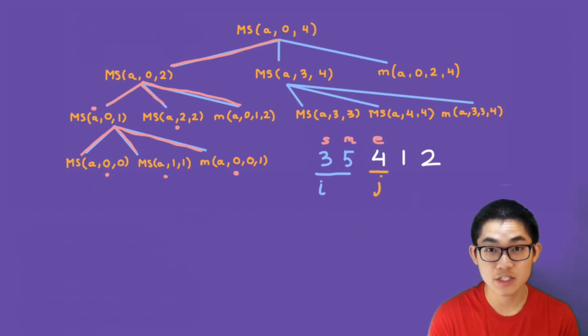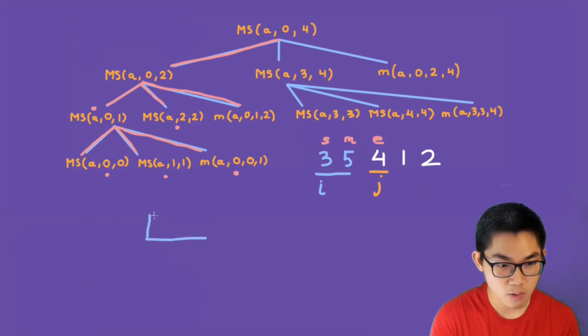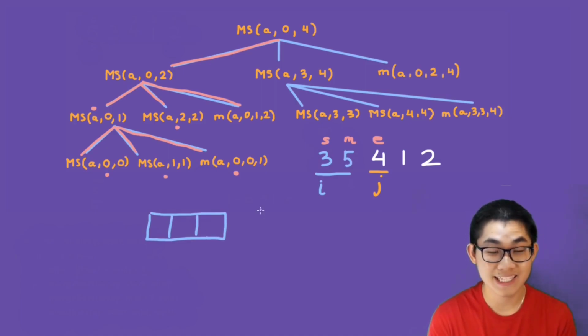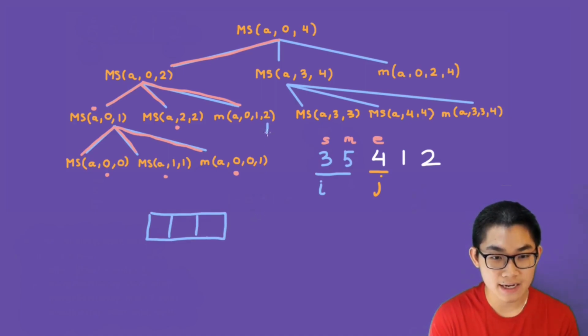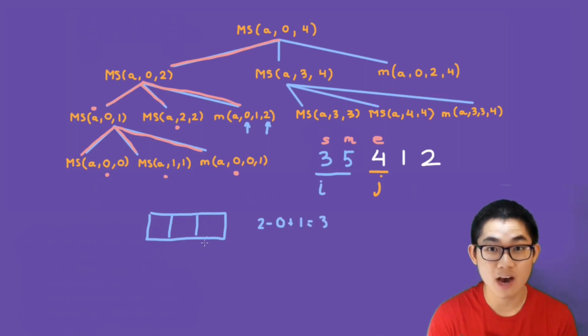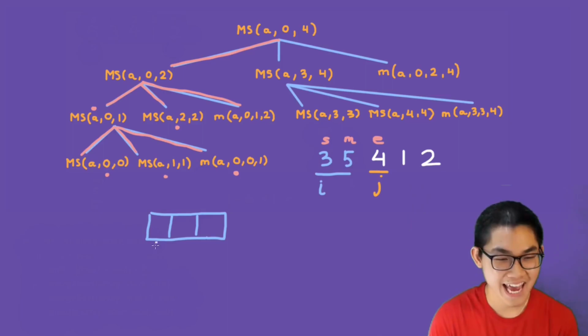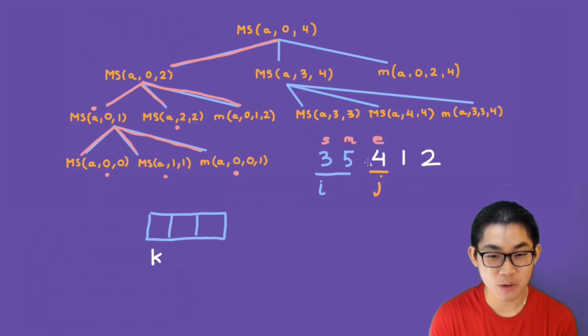The next step is to create a temporary array. And this temporary array will be 3. The size will be 3. So how did I know that the size is 3? Well, you take the n is 2, you minus the start is 0, and then you plus 1. So this will give you 3, and that's the size of our temporary array. We put k at the beginning of our temporary array, and then we ask i and j which number is